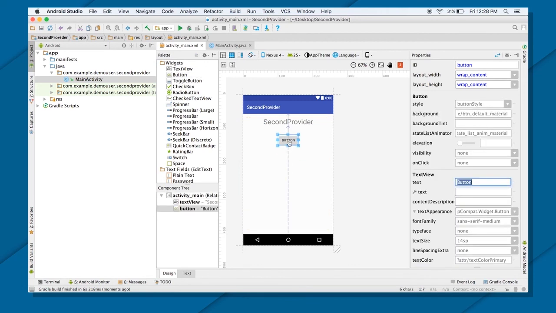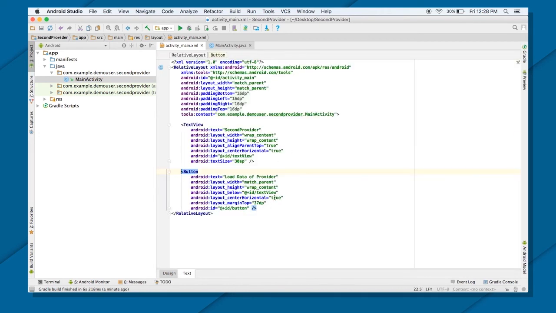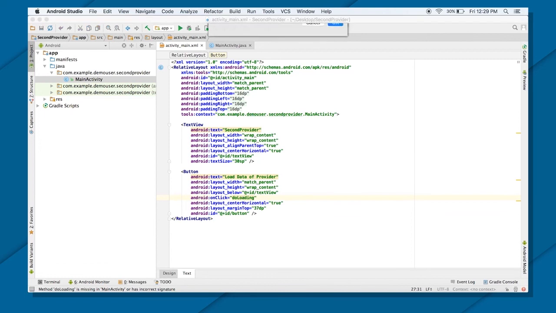I'm going to call it load data provider, and set it to match parent. And inside the on click, let me put onClick, doLoading, and I'm going to create this with alt enter.